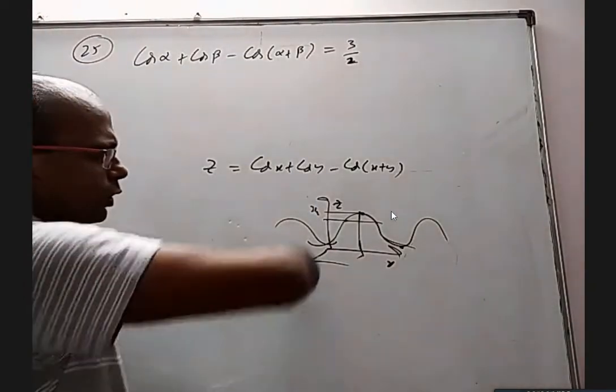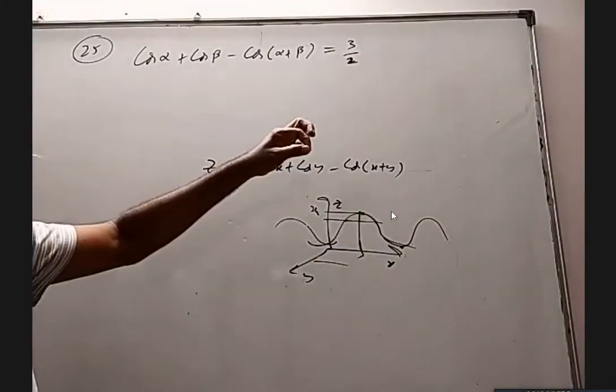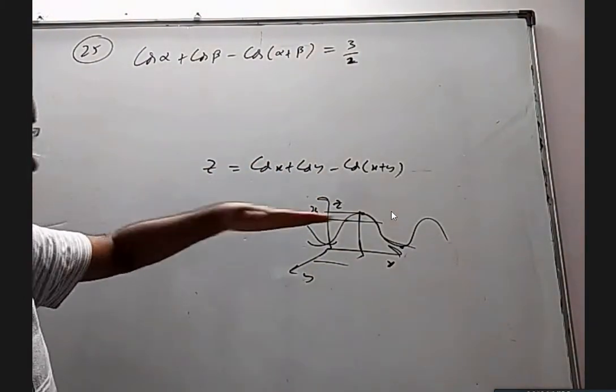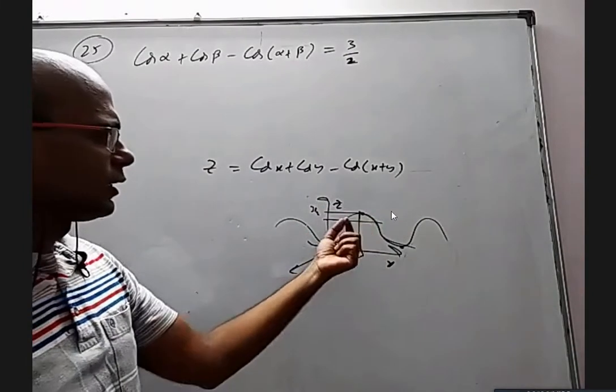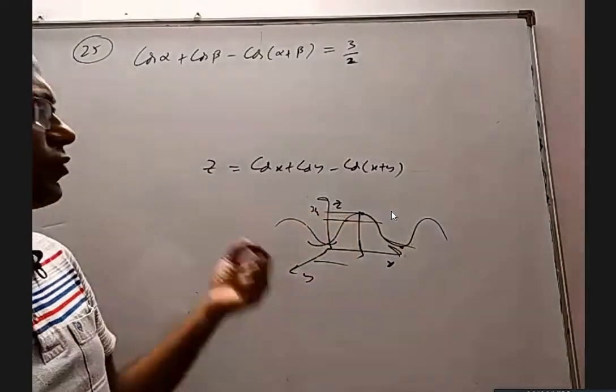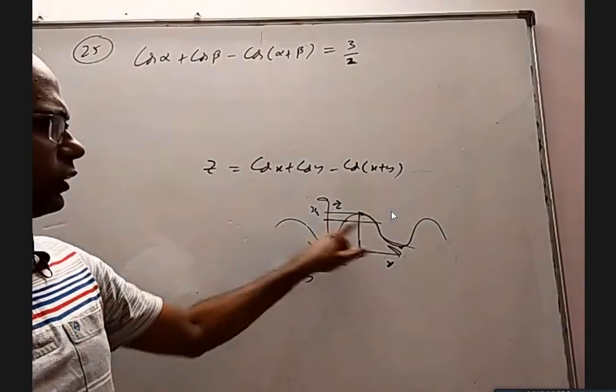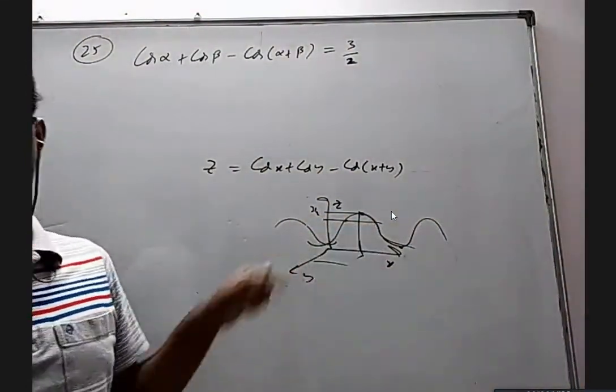Why? Because you take that sheet, don't take the topmost point, take a little lower and chop it. You will get some kind of oval or circle shape where you will see it's not one point. There are infinite points where the z coordinate is 1.4. There will be a lot of pairs of x and y. Are you able to see that?